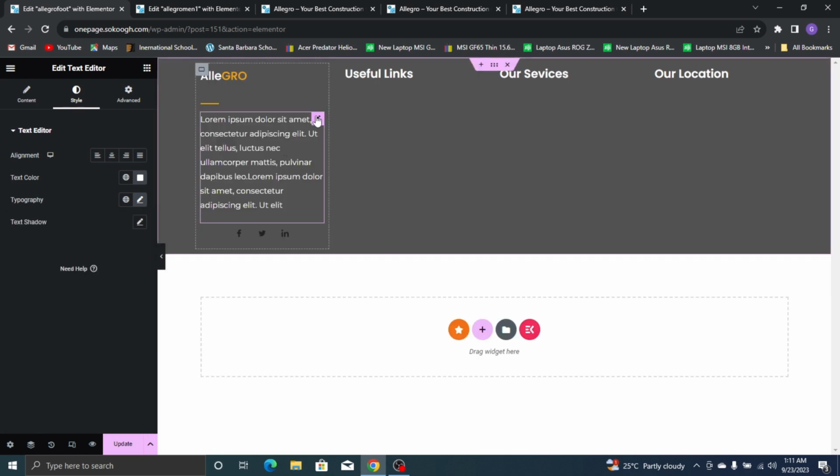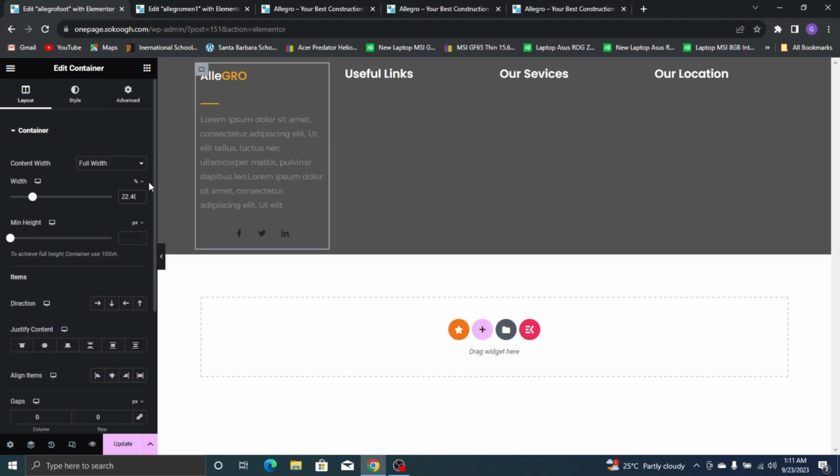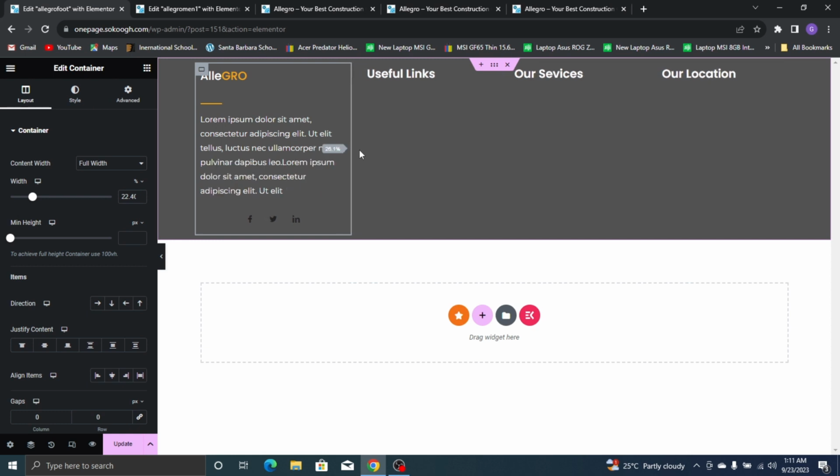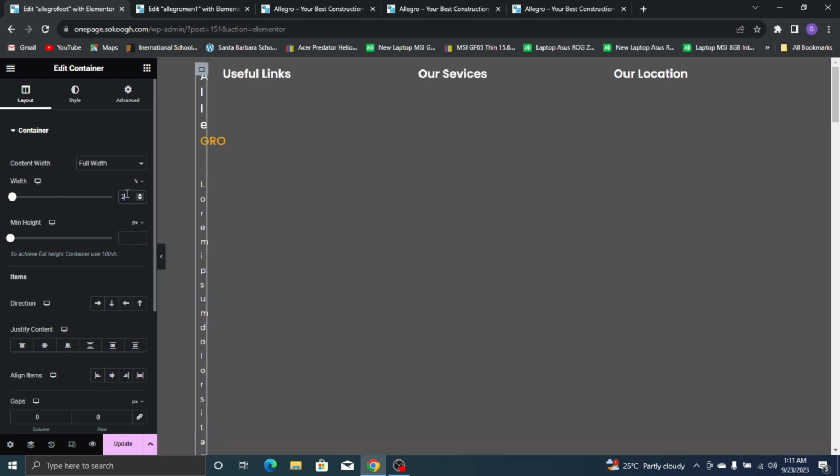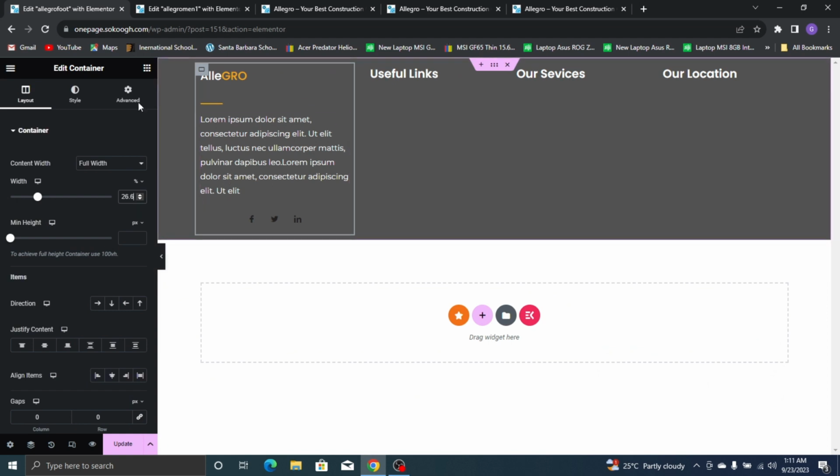Then we increase the size of this, we have to increase the width of the text. So go to style, no, sorry, the container. So change this to percentage, and then if I increase it, I want it to be somewhere at 26.6 is cool. So come here and then type in 26.6. Then have a space, and then come over to